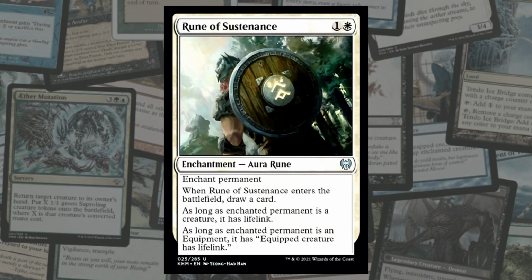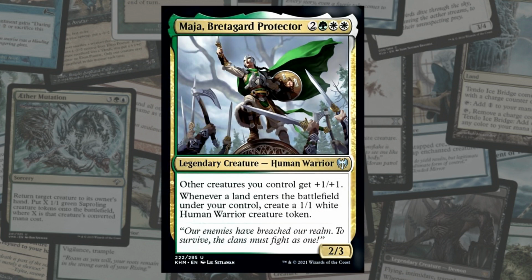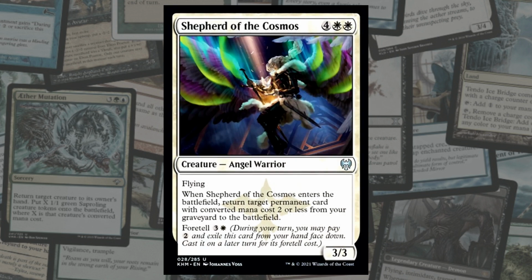Then we have Rune of Sustenance, 1 color and a plains, and it says when it enters the battlefield, draw a card. As long as enchanted permanent is a creature, it has lifelink. Then we have Maja, Bretagard Protector, the legendary human warrior for 2 colors, forest, and plains. Other creatures you control get +1/+1, and whenever a land enters the battlefield under your control, create a 1/1 white human warrior creature token. Next is Shepherds of the Cosmos, and it is a flyer, and whenever it enters the battlefield,